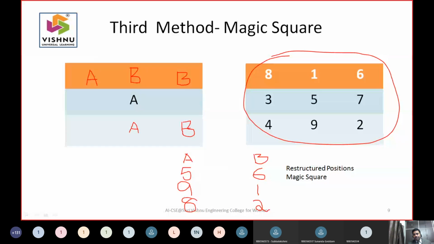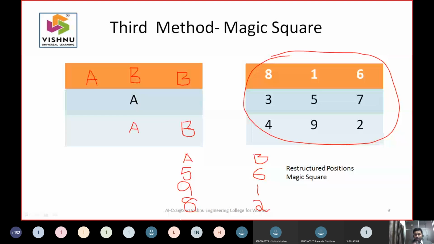So now by the time we are reaching here, who has to play the game now? Now is A, is it right? Yeah. So whenever A is playing, it has to consider the positions of B. B positions are 6, 1, 2. You add them. 6 plus 1 is 7. 7 plus 2 is 9. 15 minus 9 is how much? 6. 6 is already filled, so you cannot do that. 6 plus 1 is 7. 15 minus 7 is how much? 8. Is it right? 8 is already filled.